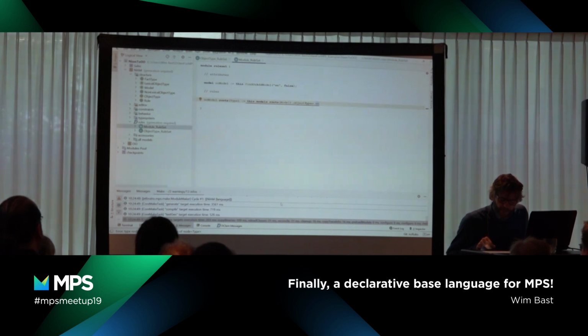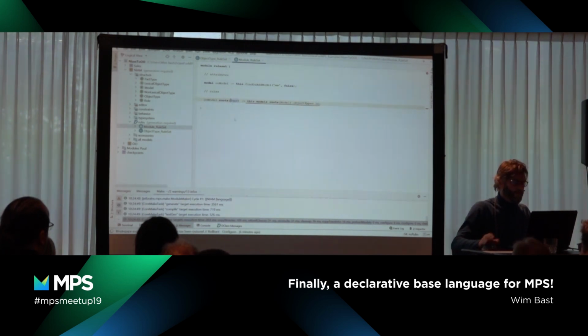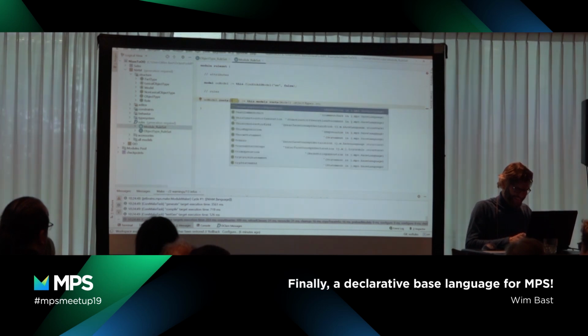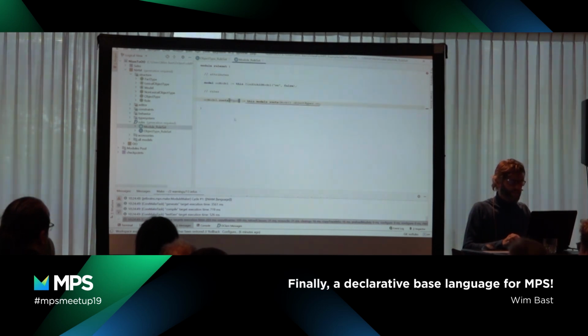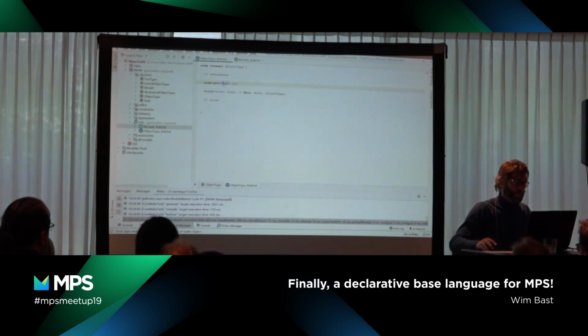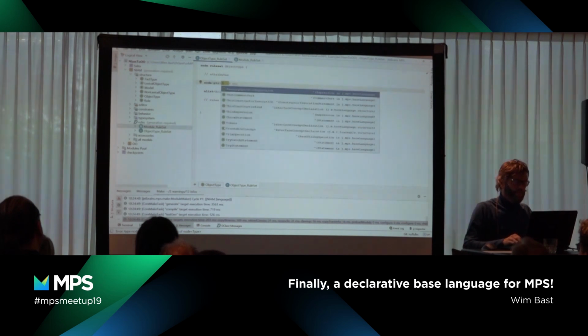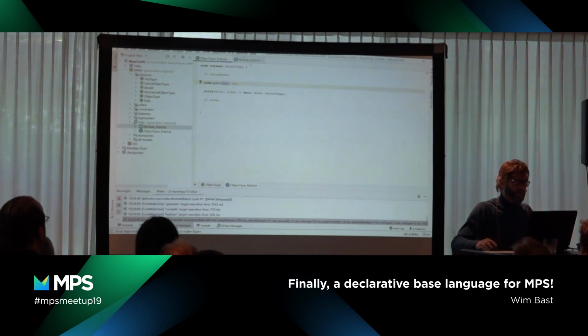What's wrong? I did something wrong. It's a node pointer. Sorry? Shouldn't it be a node rather than a node pointer?